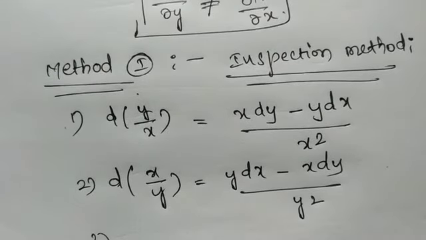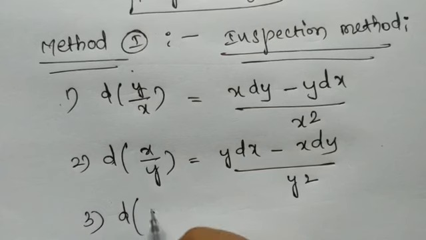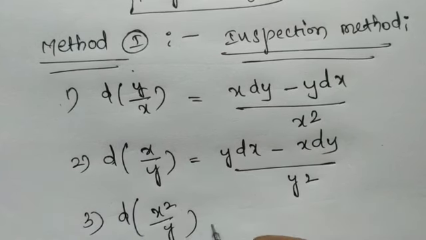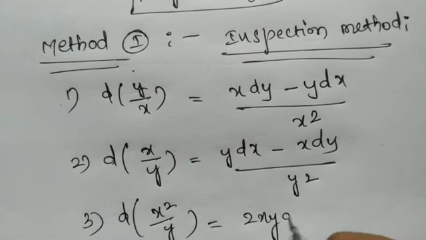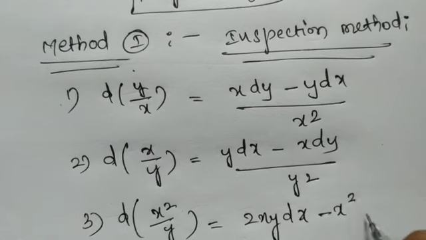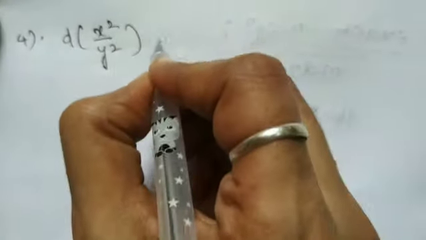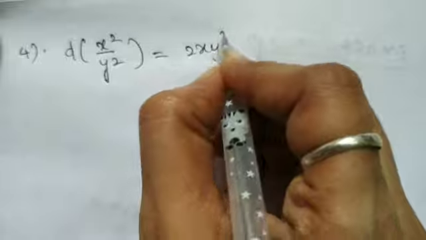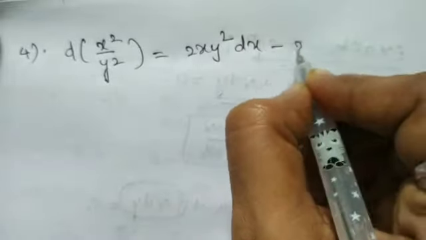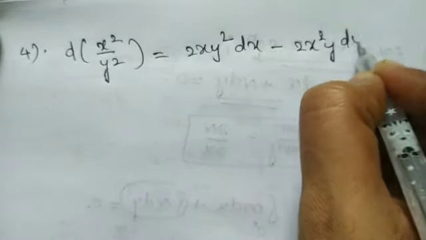Next, d of x square by y equals 2xy dx minus x square dy by y square. d of x square by y square equals 2xy square dx minus 2x square y dy by